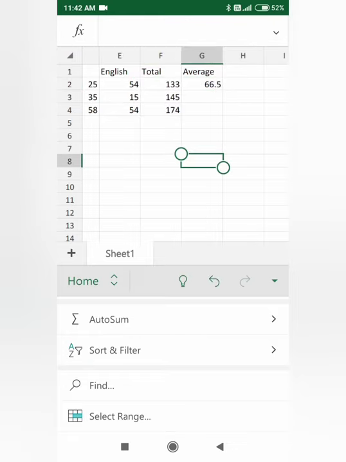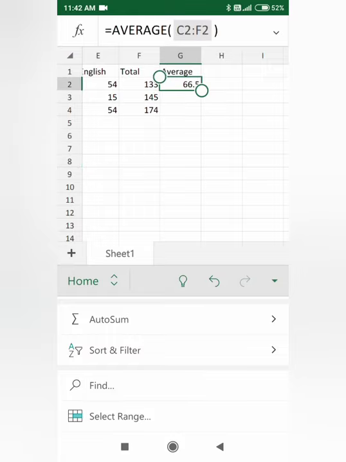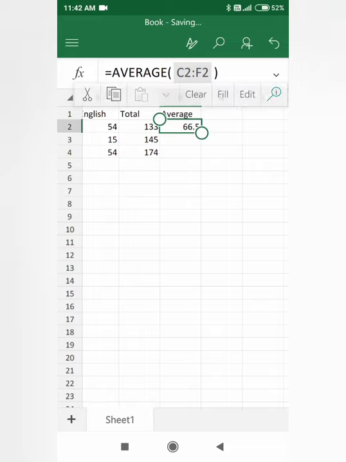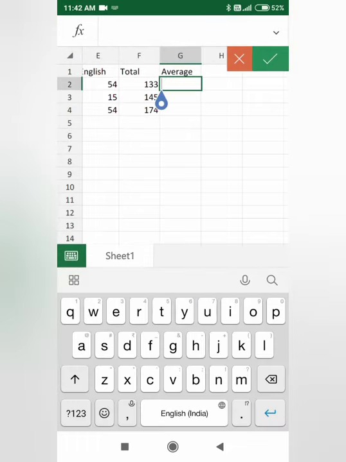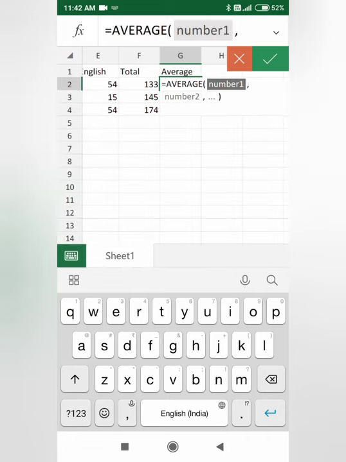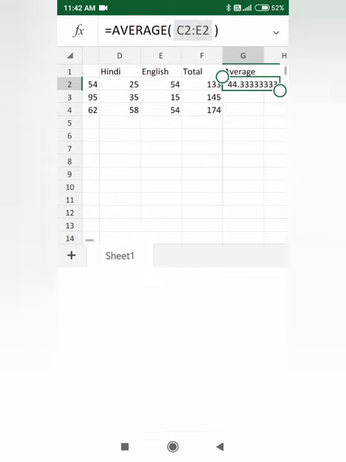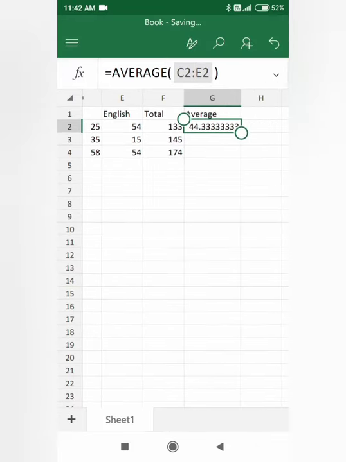And second, you can take the help of a formula. First we delete. For the average formula, first we click the equal to sign, then we write average. See, it comes as a suggestion, and you select the three subjects. We click it, we get the average.